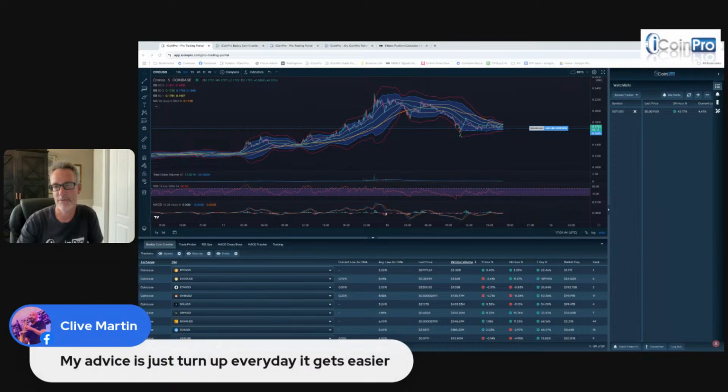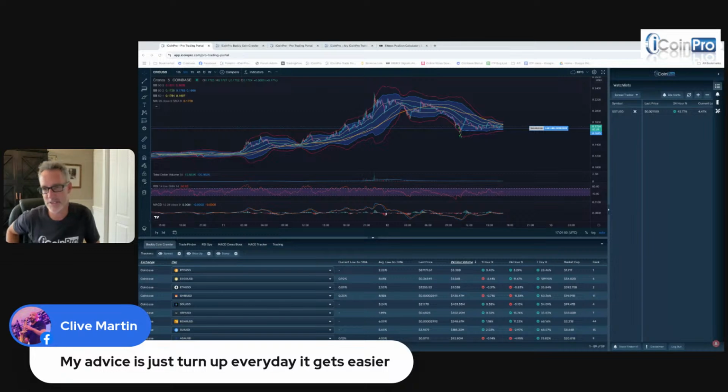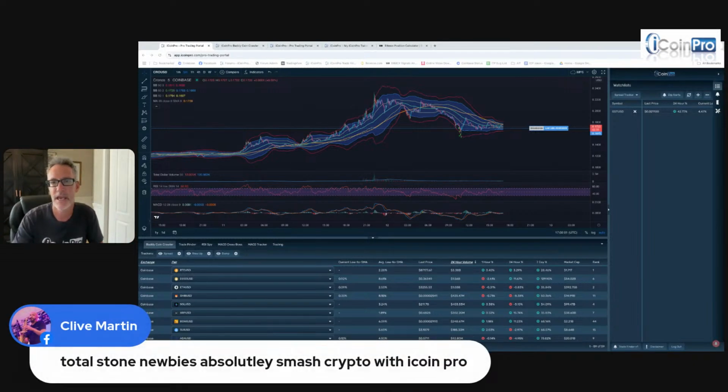Exactly. Yeah, Clive is right. Turn up every day, and it just gets easier and easier to do it. Now, of course, we have all these bells and whistles. It was much more difficult back in the day, but now we have our trade finder, our trading portal software, all the training, the community, everything like that. So, yep. But yeah, just learn the system and go. That's all I can tell you. It can be sooner than you think, especially with the market moving like crazy.